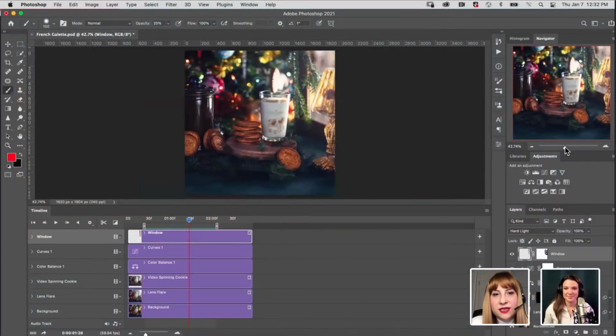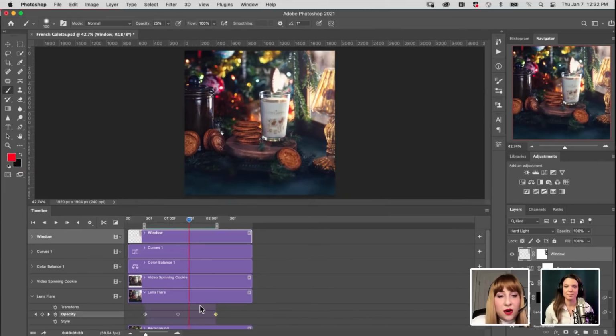This was one of the files that we worked on, the spinning cookie. And as you saw yesterday, we utilized our timeline panel here in Photoshop, which gives us access to a bunch of features that the layers panel is not equipped to give you. So each time you are using video layers, it's best to use the timeline panel to have access to all these cool features. So we've seen that we can make use of the lens flare effect